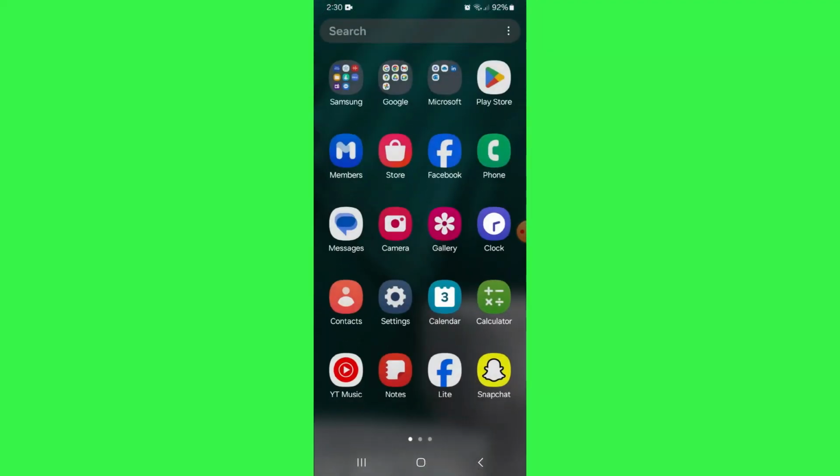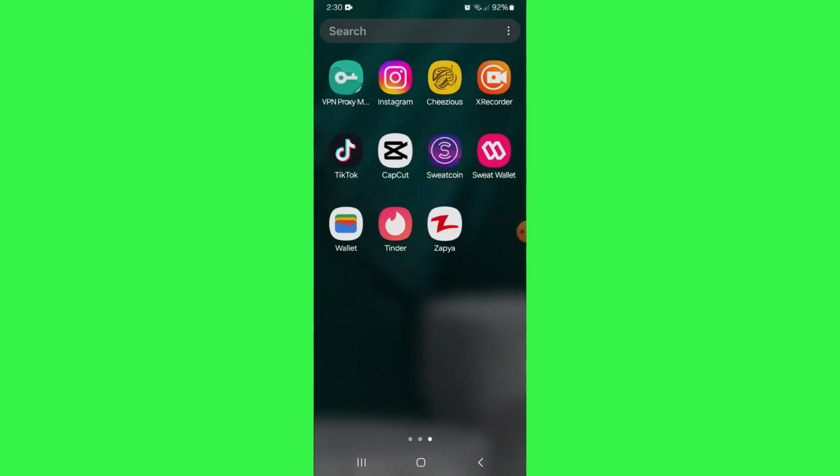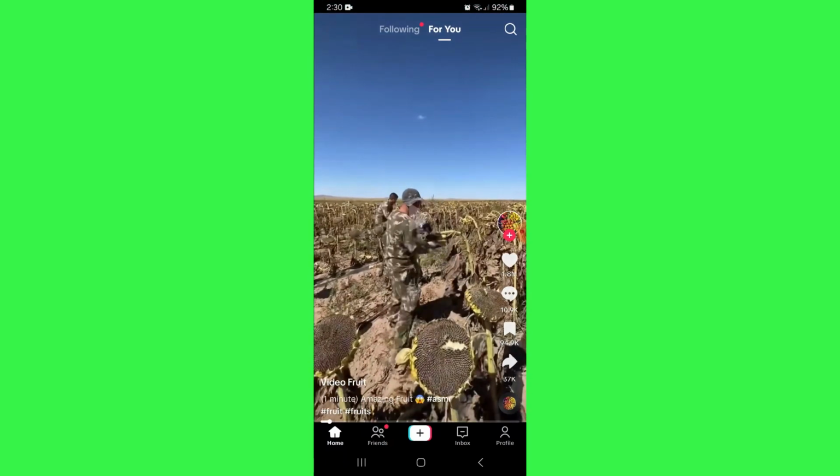First of all, open TikTok app and make sure it is updated to the latest version available. Now open it up, sign into your account, and you will be redirected to the home page. Here, you just need to tap on the plus icon at the bottom of your screen and your TikTok camera